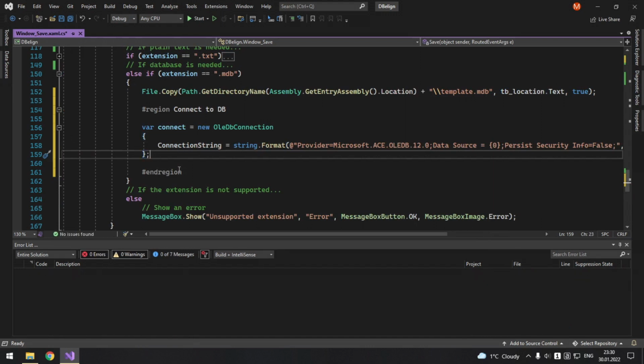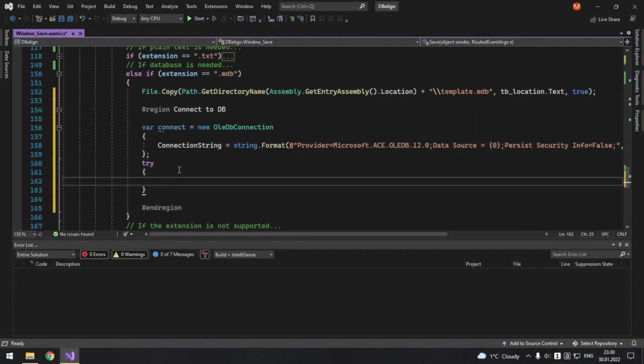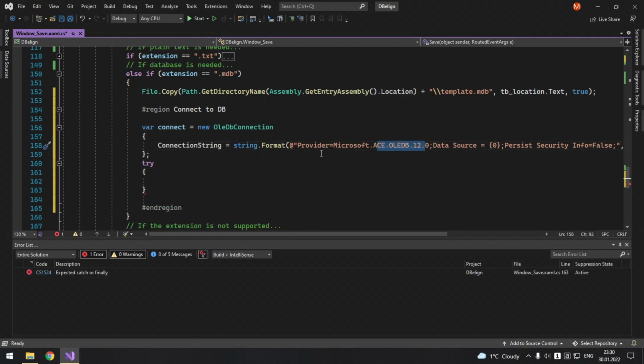Okay, and then put it in the try catch block, because we might have a problem with the used provider, because we can have one provider and not the other. Normally you can work with Access databases when you have Microsoft Access installed, or if you install just the engine. Well, you can Google it.